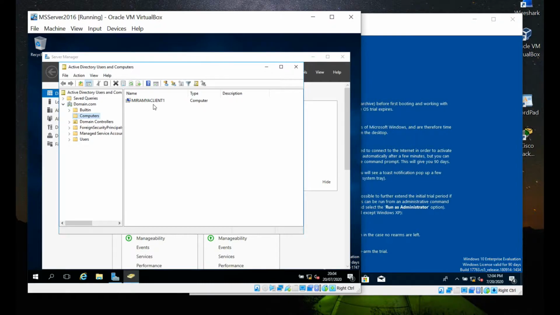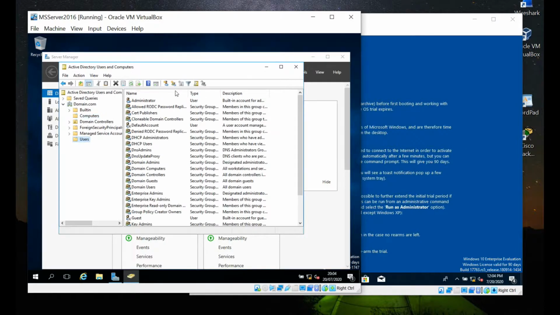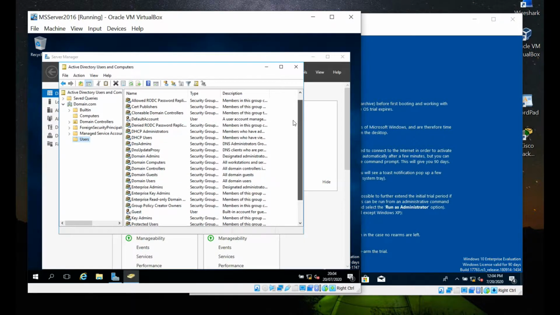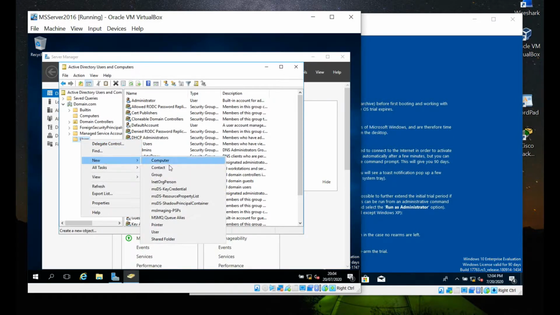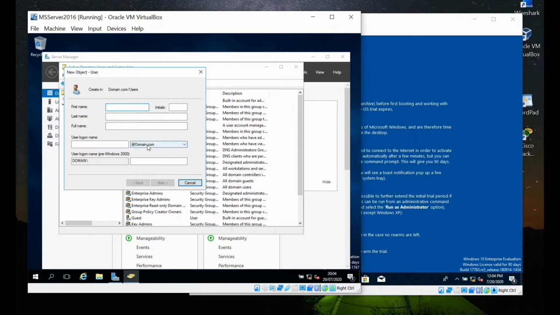In this window you can see that currently there's a computer attached to the computers, but if we select users from the left hand side, the only ones that we have are administrators or groups. A single person icon means a user, and a double one refers to a group. If you scroll through, there are no current users on there at the moment. So if we right click on the users folder and select new and scroll down to user, we're going to